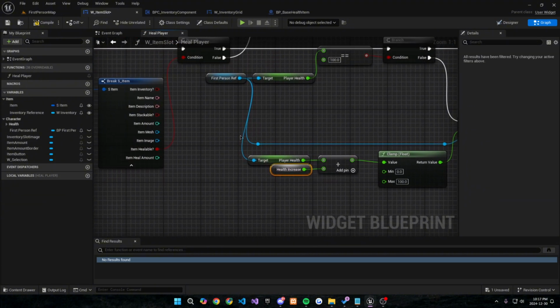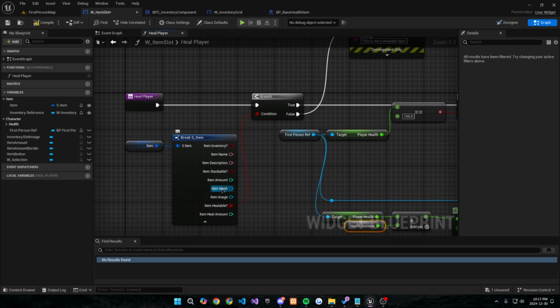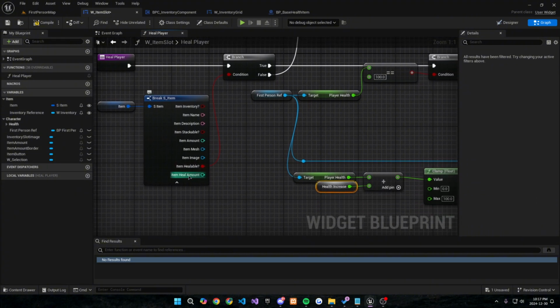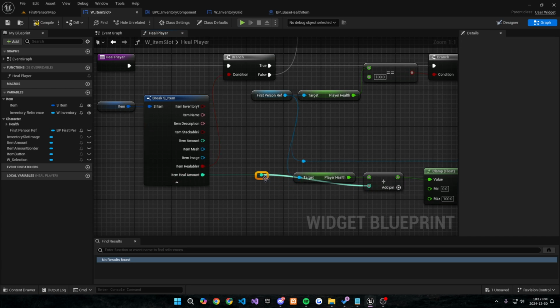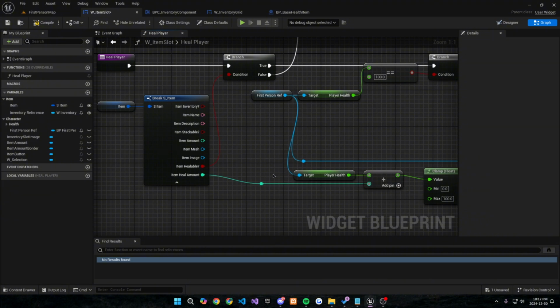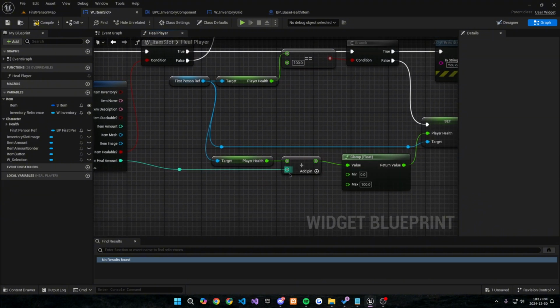Instead of creating a new variable, we can just use the healing amount from the specific item that we are interacting with. So this is actually how much will be healed. We can bring this in, put this right here, and reroute it. Basically the item that we're interacting with will hold the data for how much we want to heal by, if that makes sense. So as long as we're between 0 and 100 health, we want to heal by that